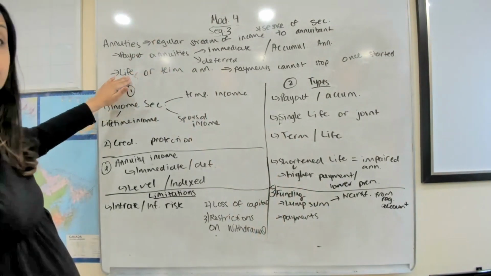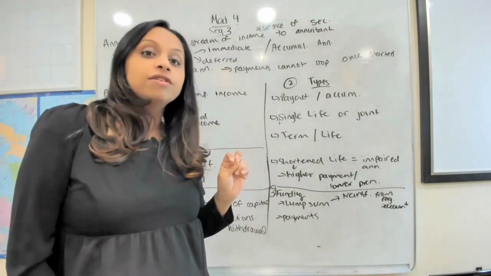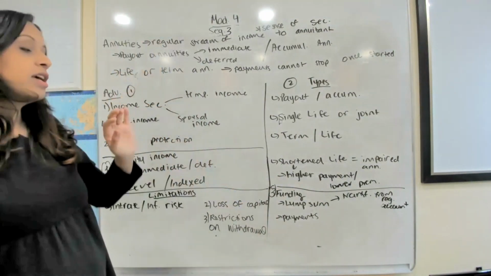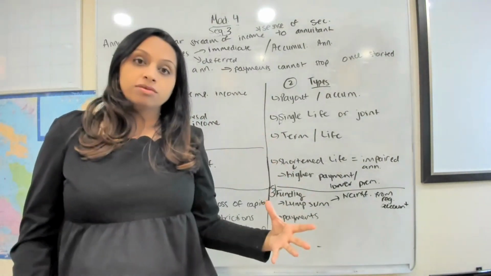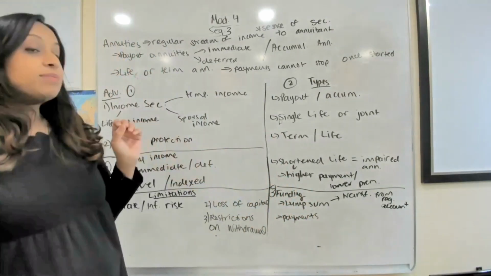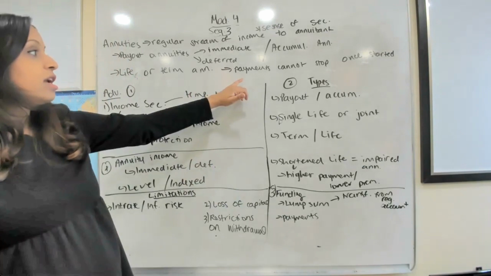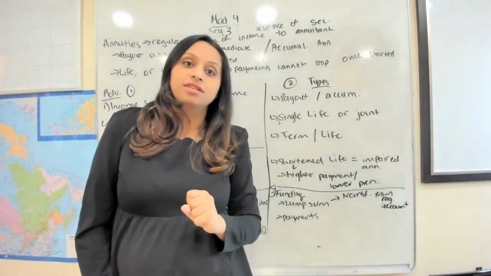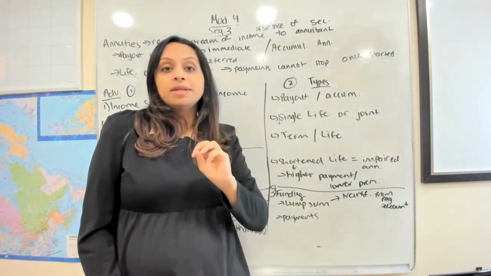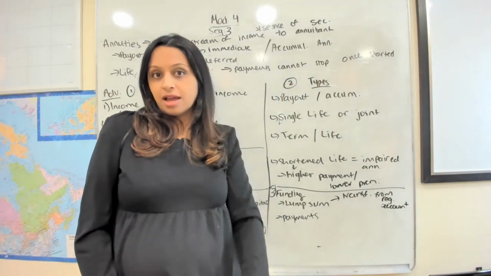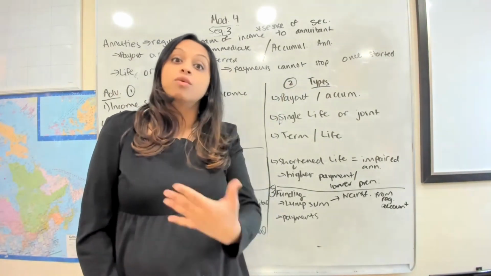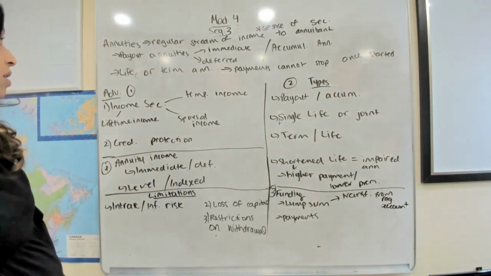It could be a life annuity, so it would pay for the rest of your life, or it can be a term annuity, where you only need it for a certain amount of time. What's important to remember with an annuity is that you cannot stop the payment once it has started. Once those payments have started, you can't change your mind at that point, and it's going to go on, right? So that's important to remember.